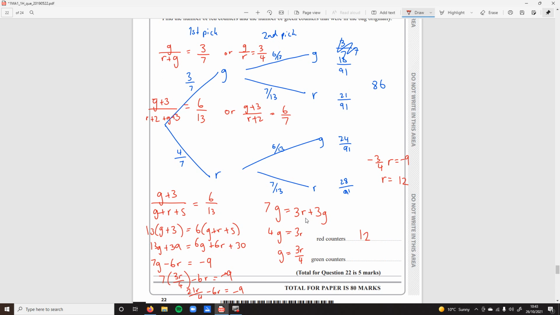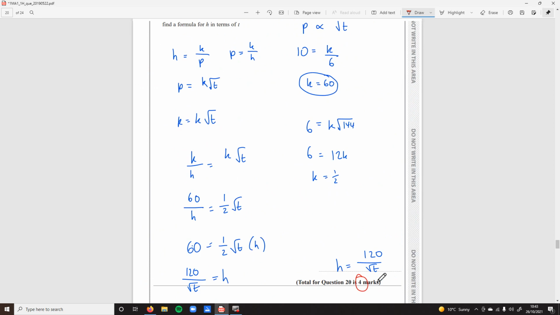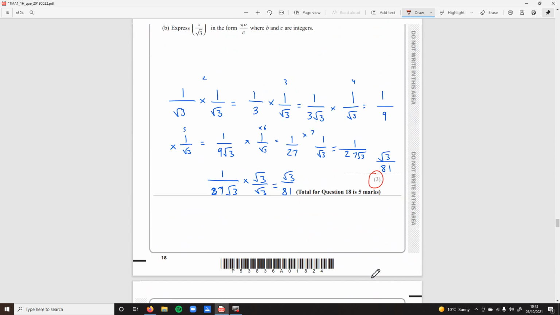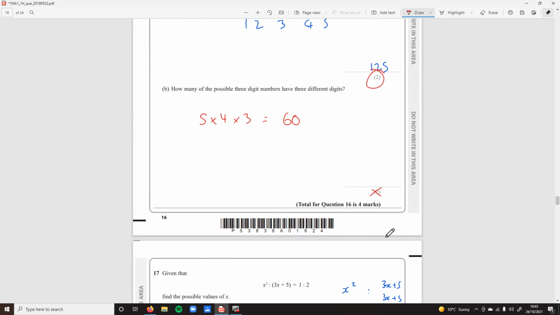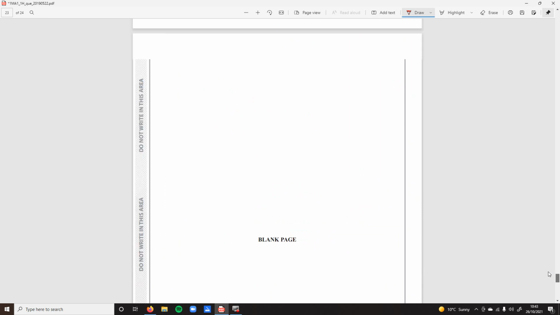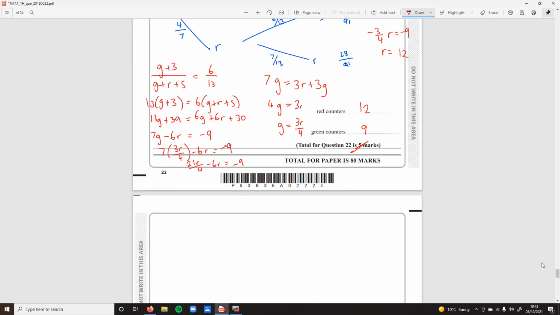So 9, because if we know that something over 12 is 3/4, it's going to be 9. Okay, so I don't think I got any marks for that either. So we lost 5. 11 marks lost, so I got 69 out of 80. It's not too shabby, but